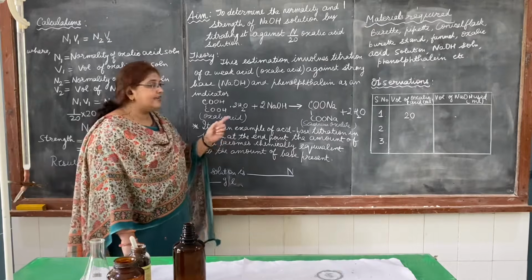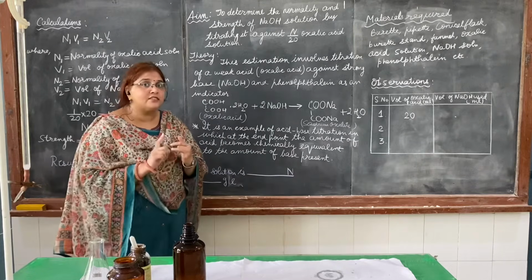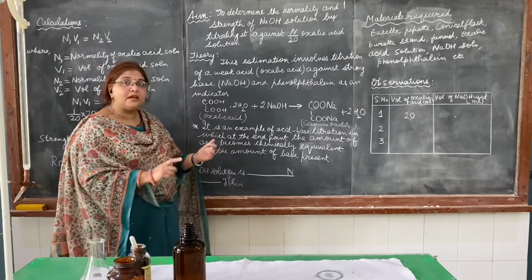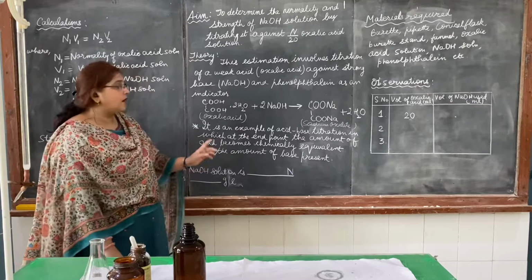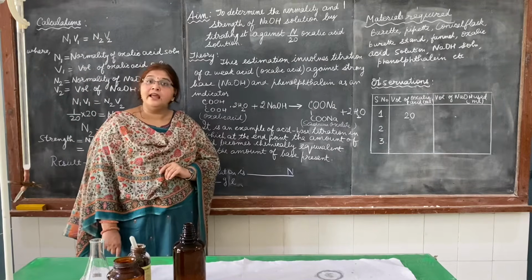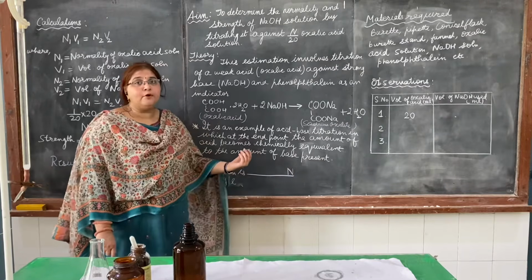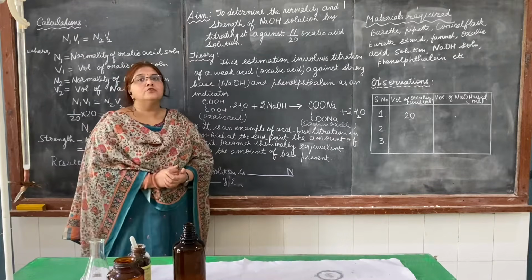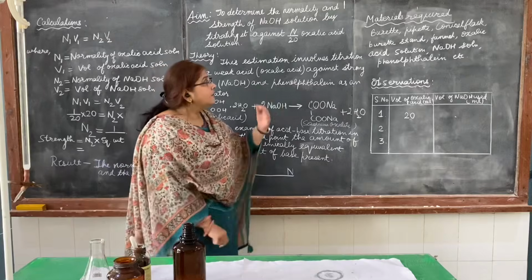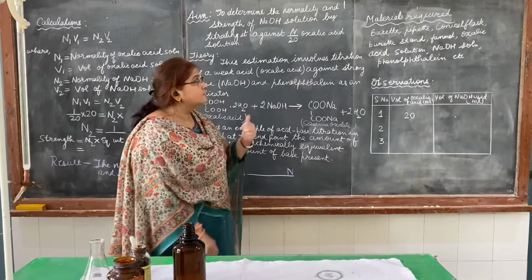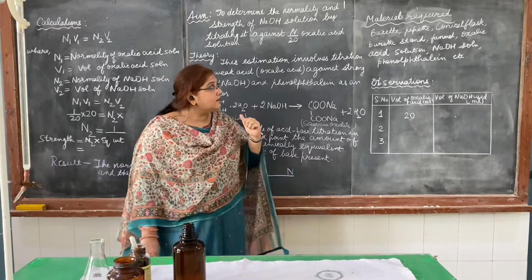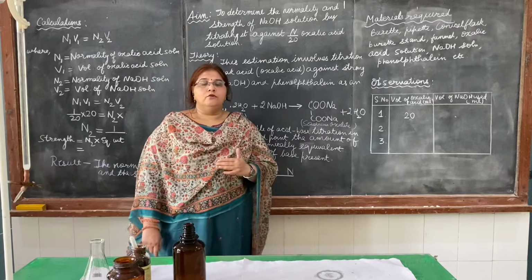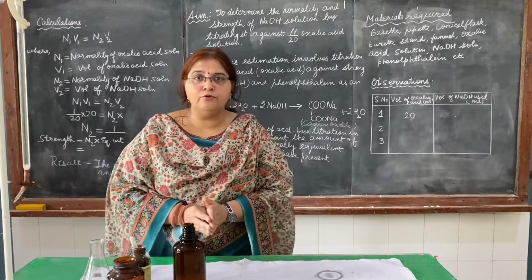It is an example of an acid-base titration in which at the end the amount of the acid becomes chemically equivalent to the amount of the base present. And who indicates this? The endpoint: the phenolphthalein indicator indicates that the experiment is completed. What are the materials required? Burette, pipette, conical flask, burette stand, funnel, oxalic acid solution, NaOH solution and other things. Now, I will demonstrate the experiment in front of you.